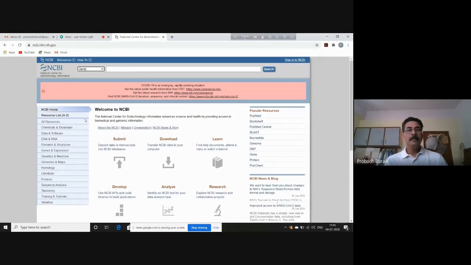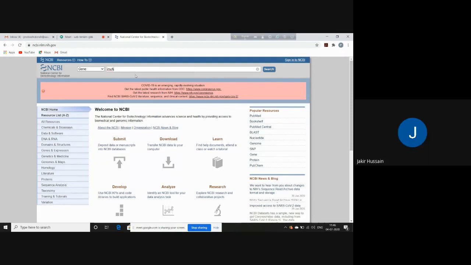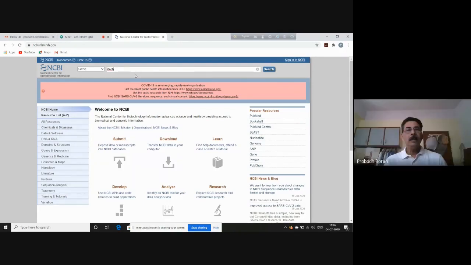So we'll click gene, and then in this space we'll write INVA together. Try to follow the steps on your laptop so that you can also learn practically side by side. So we are going to download INVA gene sequence of Salmonella. You may or may not write Salmonella here because this will lead us to the various sequences of INVA of different Salmonella serotypes. Then click search.